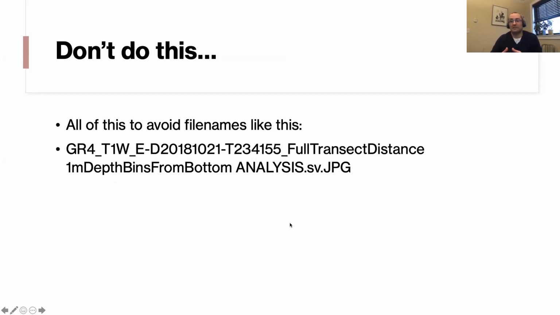So in my opinion, this is too long of a file name. It's too much information, though it is accurate information. Just looking at this one file name is okay. But when we were looking at this file, it was in a directory with 100 other files, all with a very similar naming convention, and just looking at the contents of that directory was overwhelming. So I would say that's too much information.